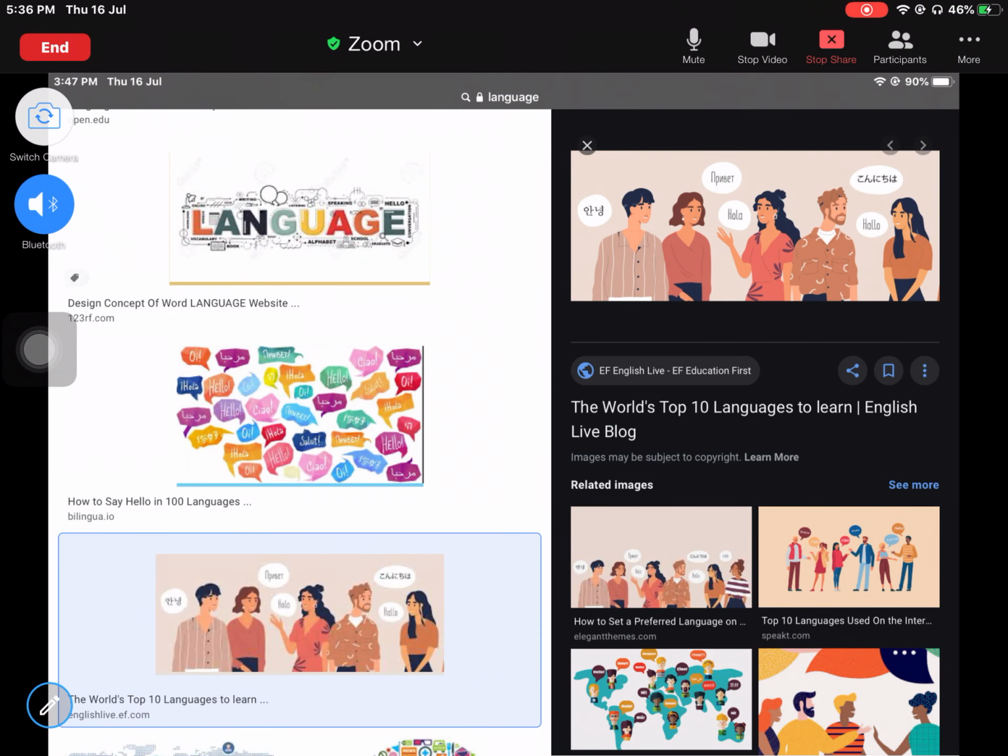So, here I present a picture of a group of people. And what are they trying to do? They are trying to communicate with each other in their own manner. So they are making use of language as speech. They are also making use of body language because sometimes we communicate with the help of words, sometimes we communicate with the help of our body. That is, with the help of our eyes, with the help of our fingers, our arms, our body. So that is a language, that is a communication which is non-verbal.